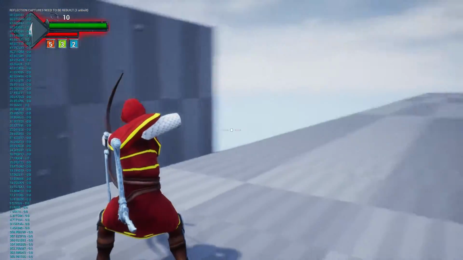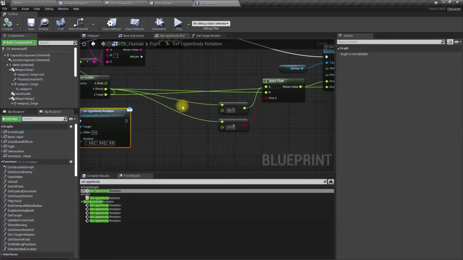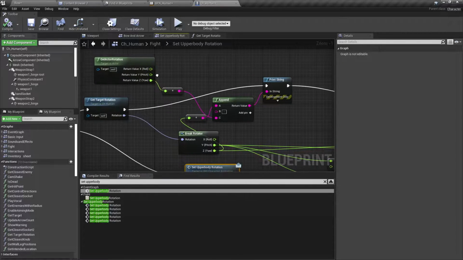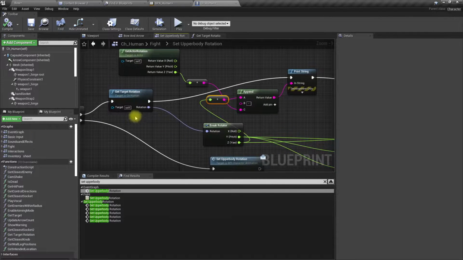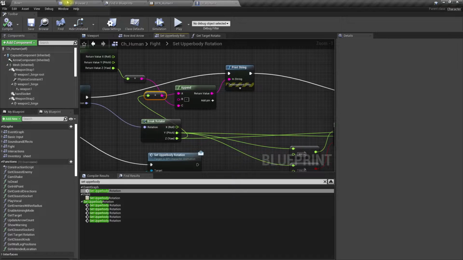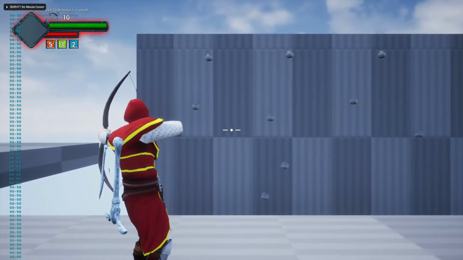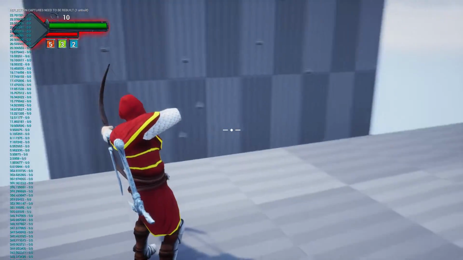So what I can see as I am printing, oh wait, yeah, here I am printing the yaw that I get from the control rotation. It goes from 0 to 360,